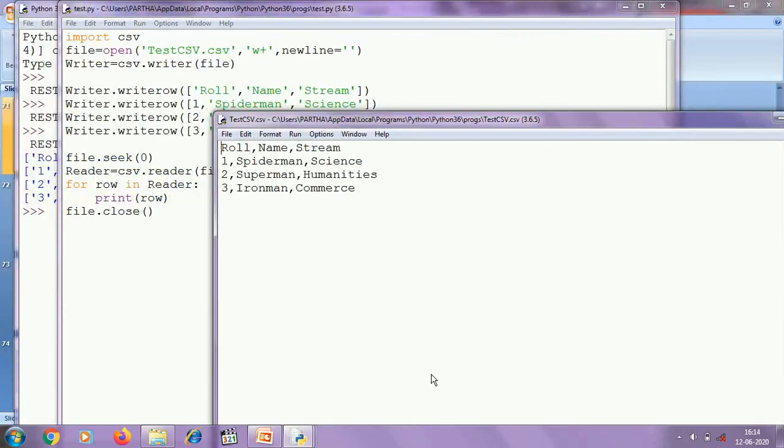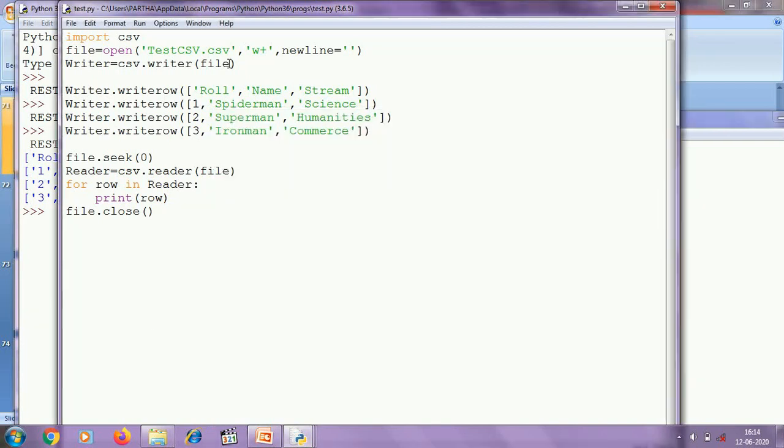In general, the separator character is called a delimiter, and normally in CSV files comma is used as separator. That's why it is called comma separated values. But you can use tab, colons, semicolons instead of comma, and for that whenever you are creating the writer object using the writer function, here you can mention the delimiter.